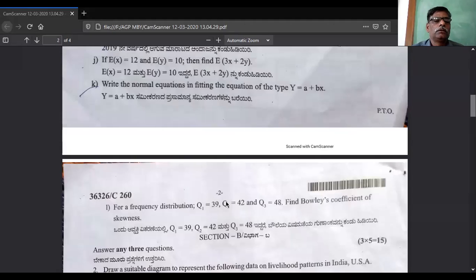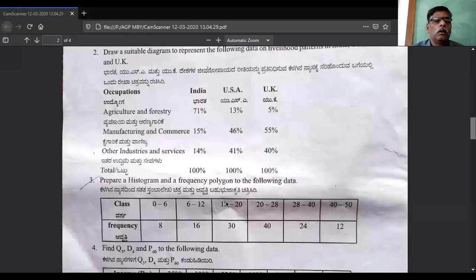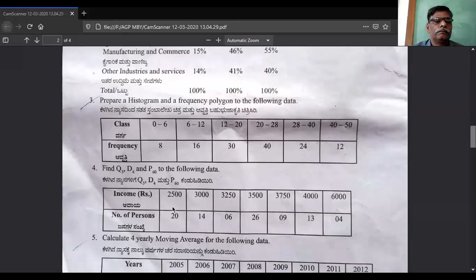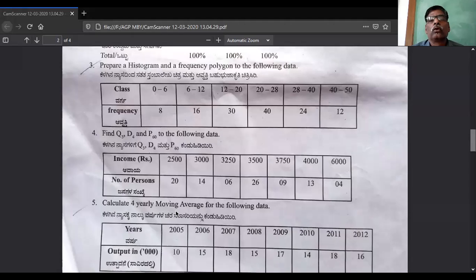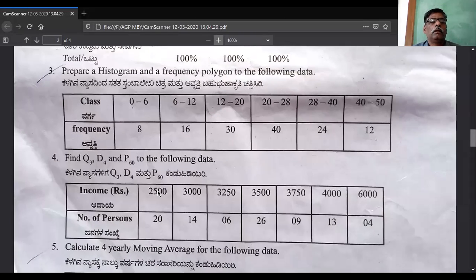The question is question number 4. You see the question number 4. Find Q3, D4, P60. They have to calculate these numbers, P60 they are asked to calculate. Okay. Then